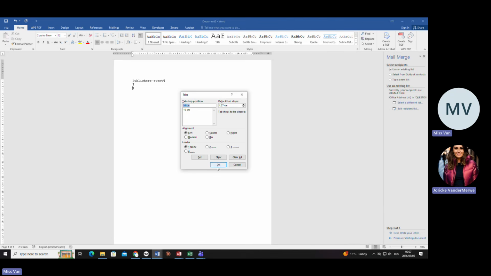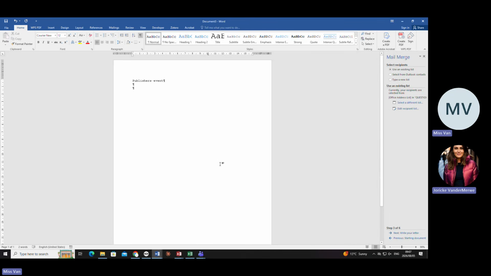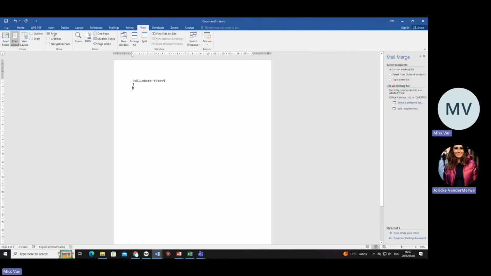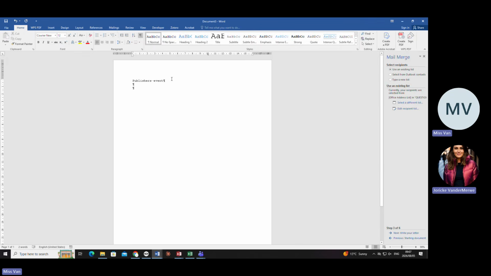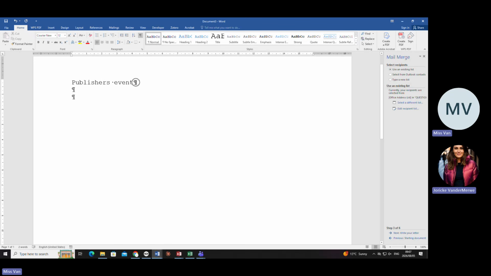It's important to say set because it needs to be there. Okay? Now, darlings, please take note. View. There's a view and there's a ruler. Switch it on, because I want you to see something. If I am on this line, where the tab stop shouldn't be, but maybe you have put the tab stop there, it's not there. You must put the tab stop where you want it to be.